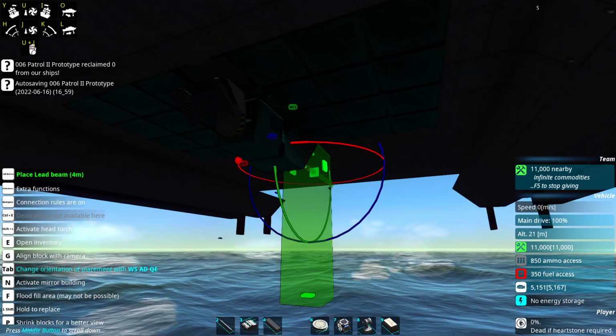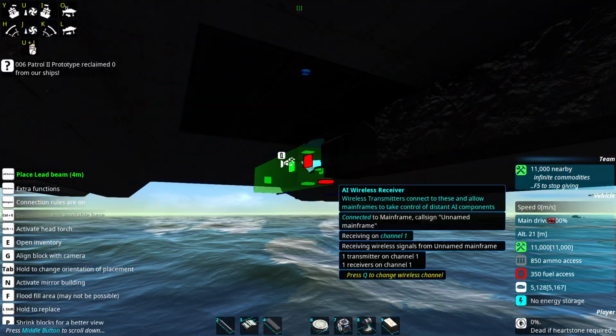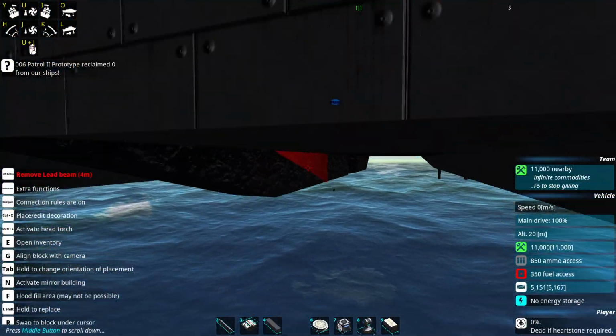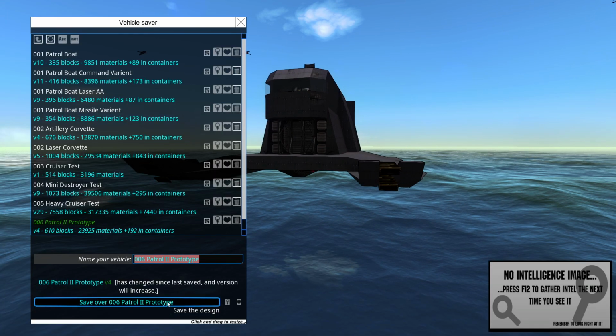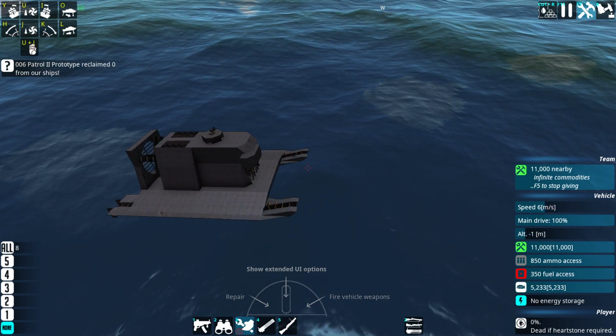Let's add a lead keel quickly, because even if it's going above the water's surface, that should make it try and at least pull itself down to the water surface and also just stabilize it a little bit, hopefully. It should be just as quick, almost, but...